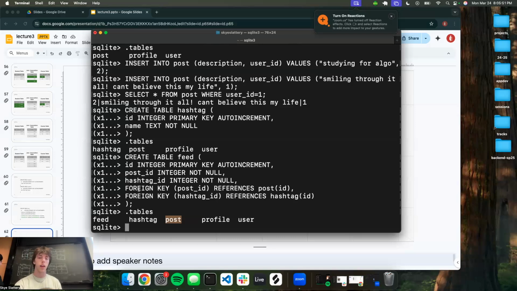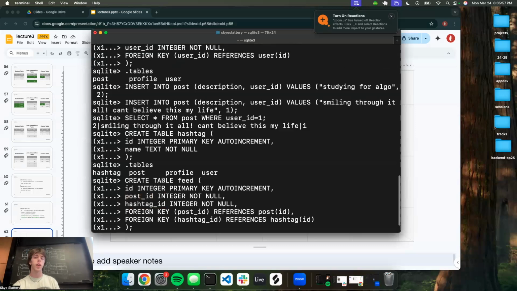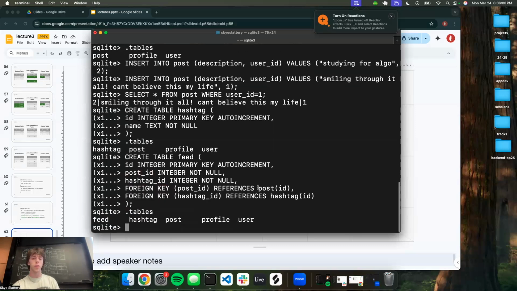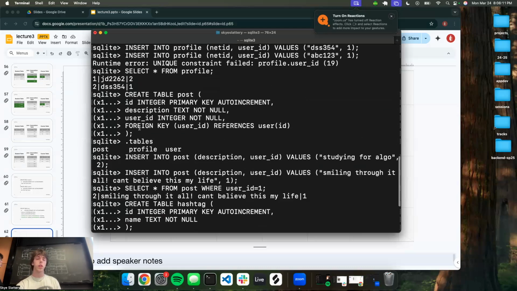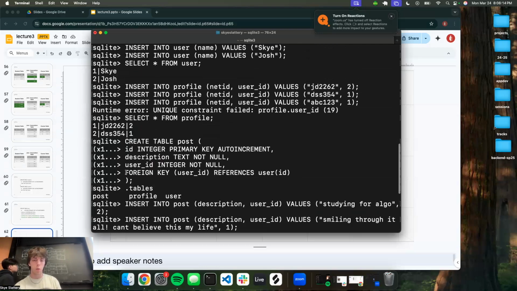Yeah, exactly. This foreign key makes it so that these cannot be duplicates because it would be a violation of the fact that post ID, which is just the same as the ID in post, is a primary key. So that can't be duplicates as well. Yeah, so a one-to-many is just like here. We'll just have a foreign key because I think you're confused about how would we have duplicates if it's one-to-many? Basically the foreign key here is user ID,